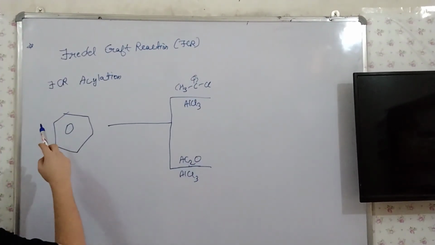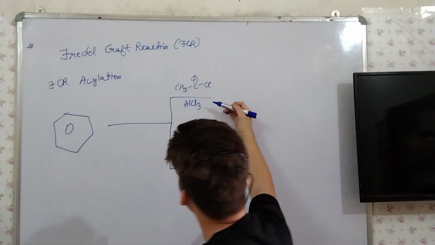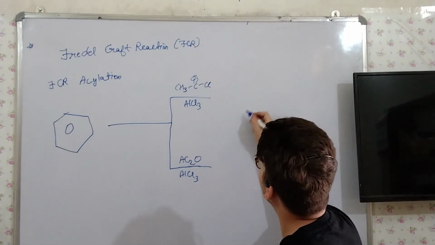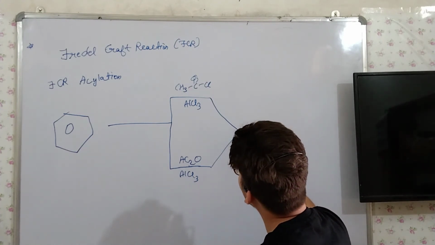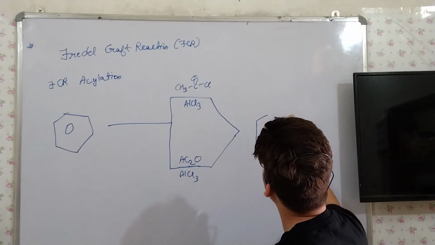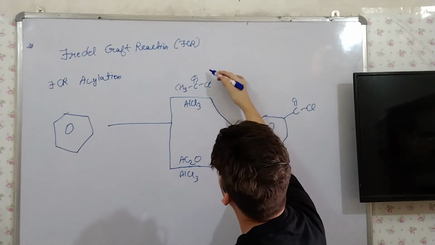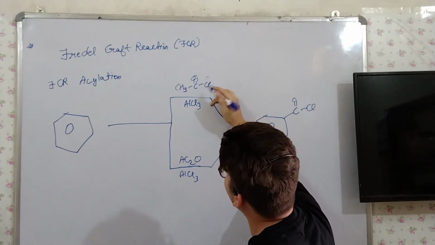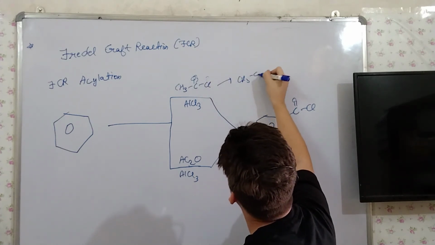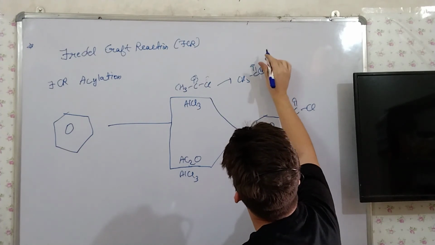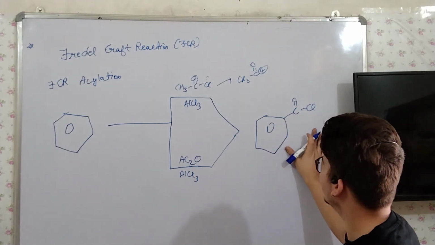So now we will see Friedel-Crafts acylation. We have a benzene ring and we have the reagent CH3COCl with AlCl3, or Ac2O. The product we will get in both is the same. We have CH3COCl. This chlorine as Cl minus goes away, the polarity opens and the cation will form here. CH3CO plus cation will form, which will react with the benzene and we will get this.